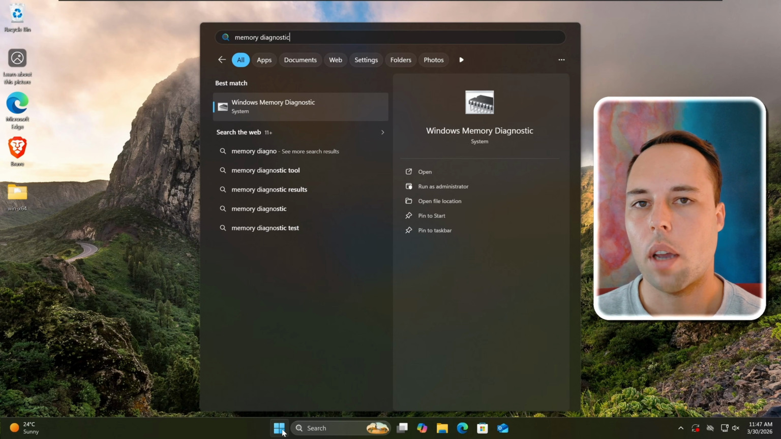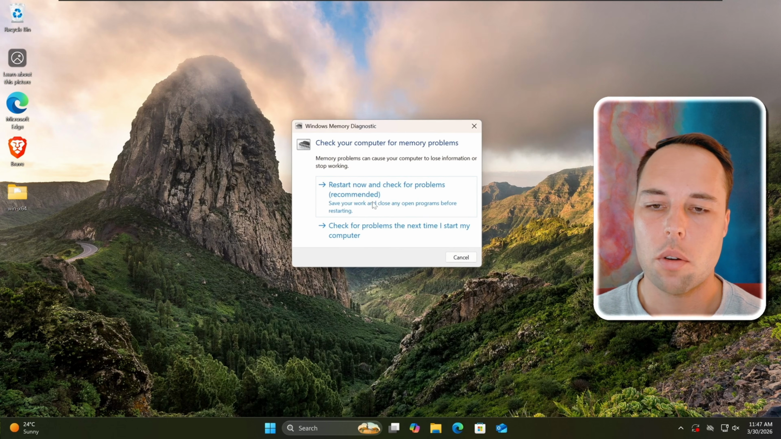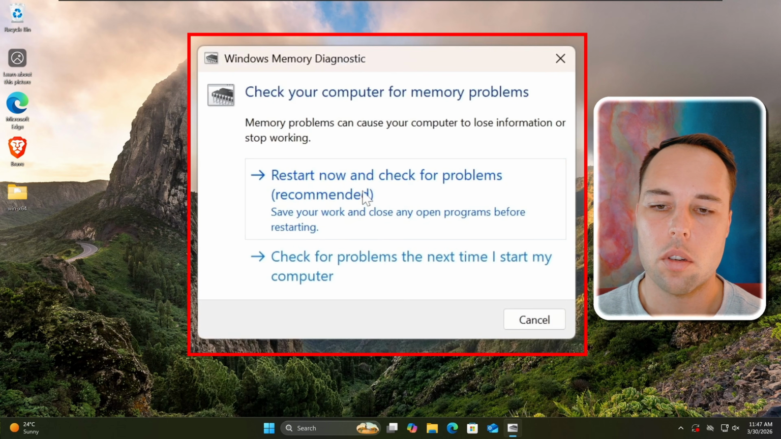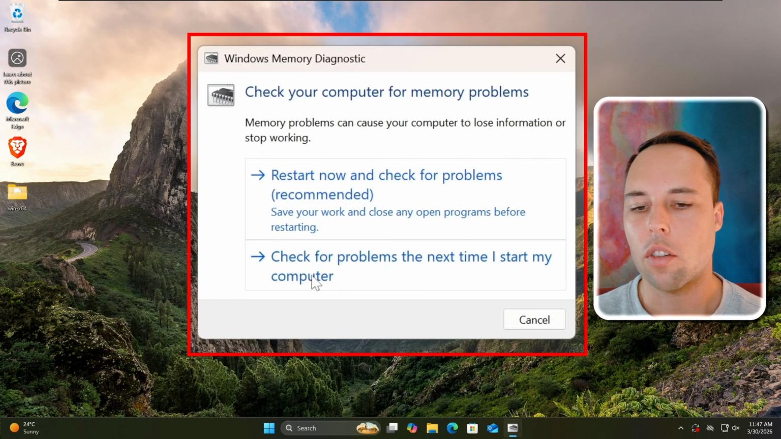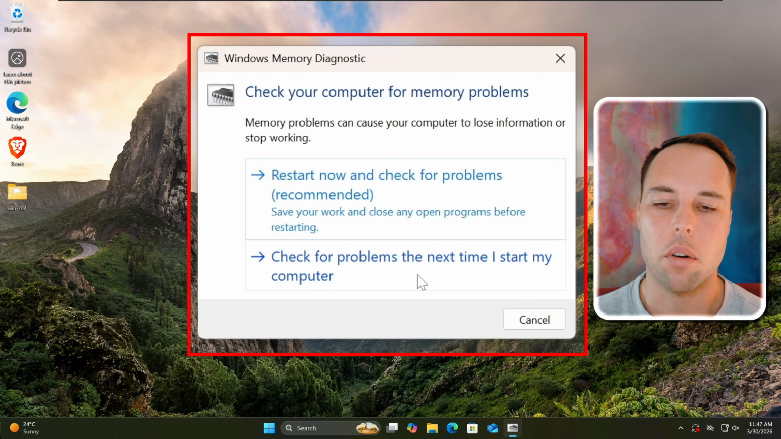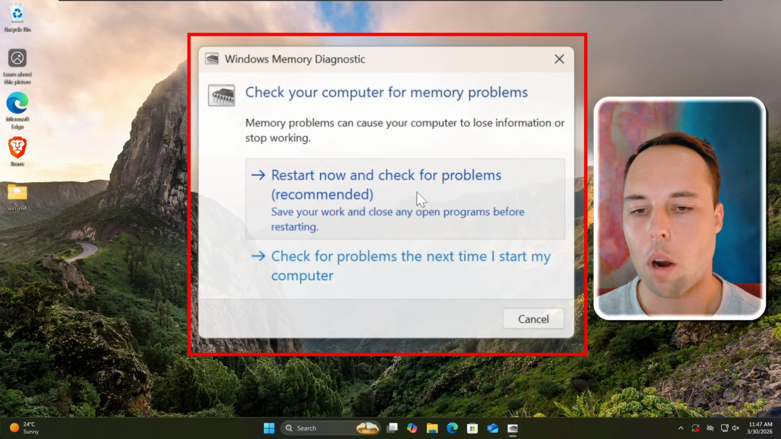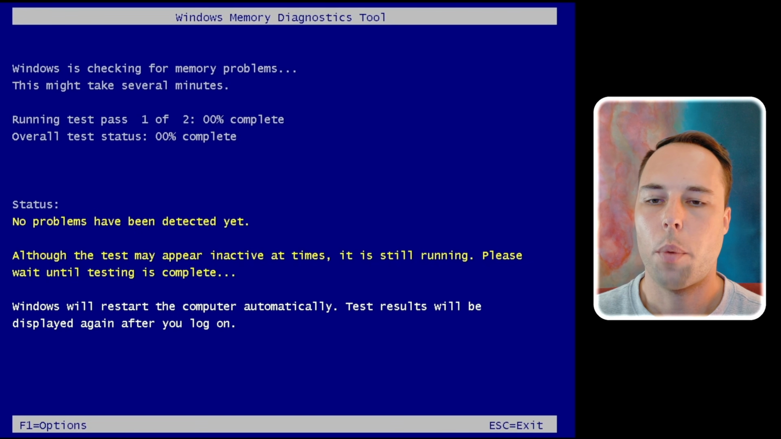So you can just do a search for it in the start menu and then select the best match, which is the Windows Memory Diagnostic. And once you open that, it'll have two modes. You can either restart now and then check for problems, or you can check for problems the next time the computer starts up. Now, in this example, I'm just going to restart now and check for problems, and it is recommended. So the computer is going to restart, and when it restarts, you're going to see this screen here, the